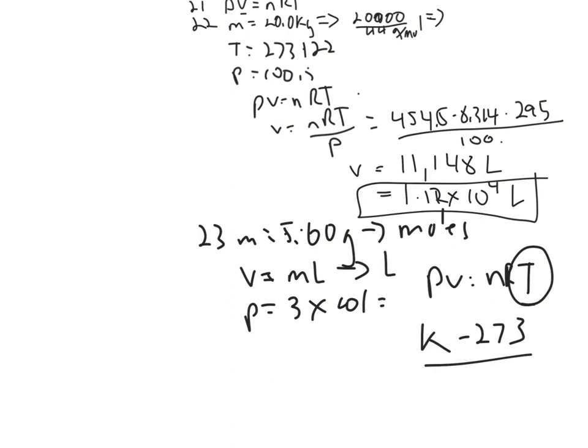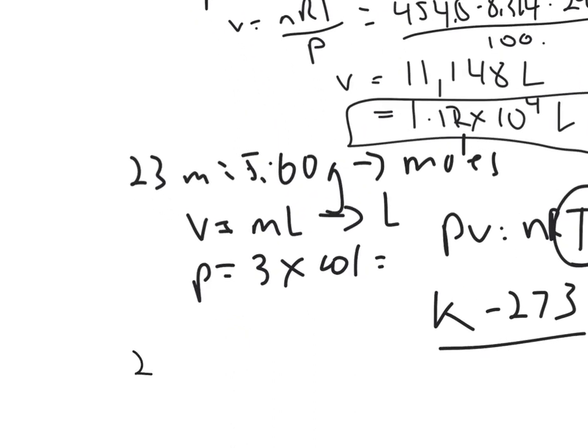Okay, let's look at question 24. 24 gives you moles, a volume, and a temperature, so it's asking you for pressure. So I think you guys can do that. You just put your values in and solve for P. And then the next one,